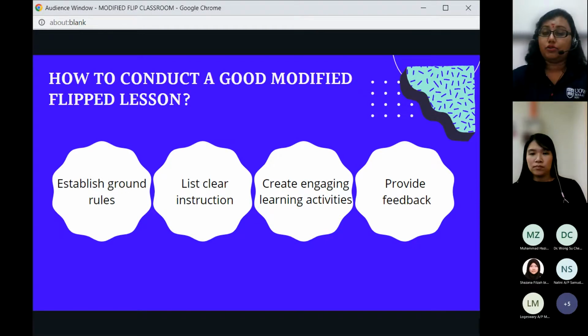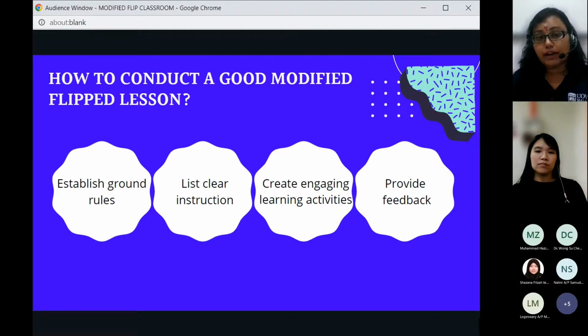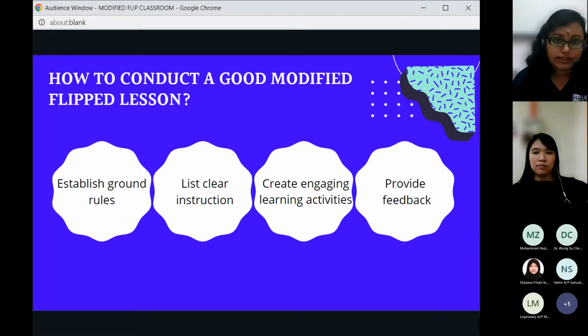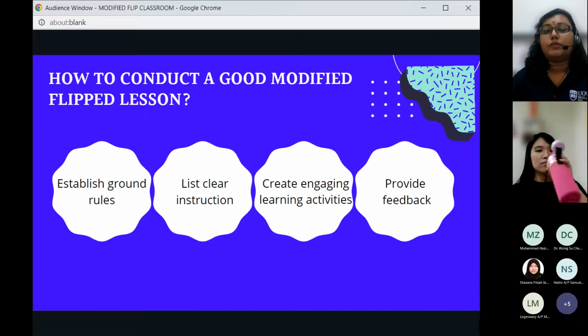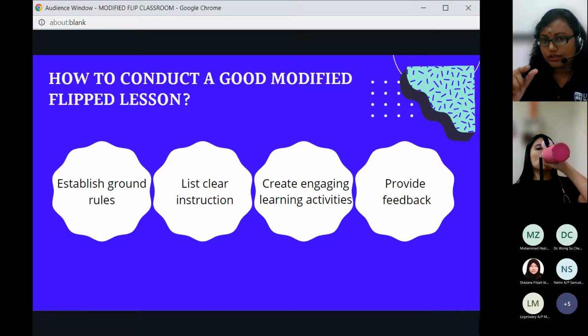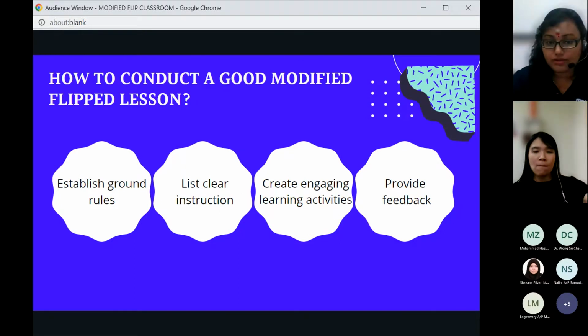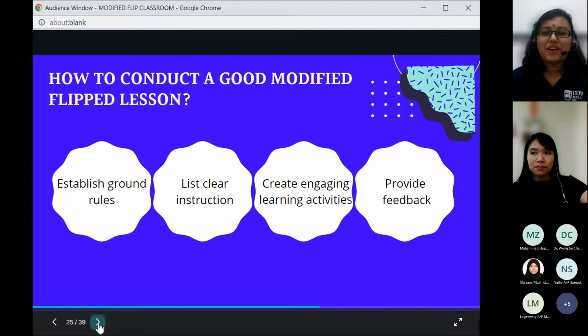I'm not saying that you have to give feedback to each and every one of them. No, but after observing the way that they are doing those activities, after observing the way that they have done the discussion, the presentation and all, you can come up with a general review, a general feedback, and provide this to them. A lot of people just mark their exercises and just give it back. They don't provide feedback like, hey, I think you need to focus more on this topic. So again, it is very, very important that you provide feedback. Over to you, Wendy.